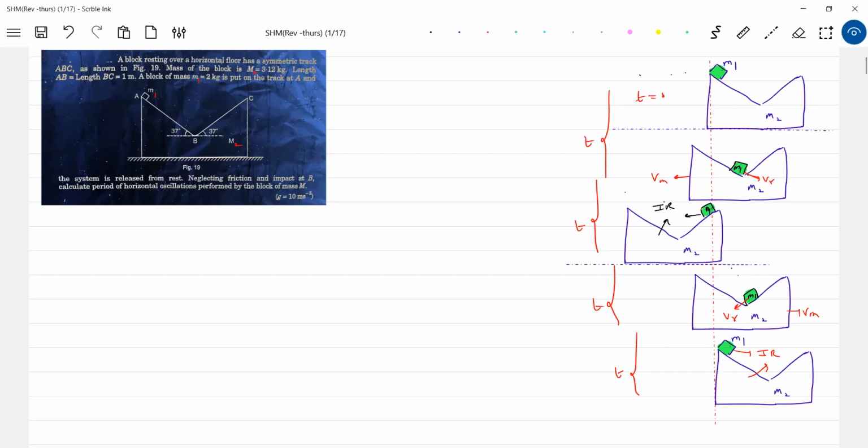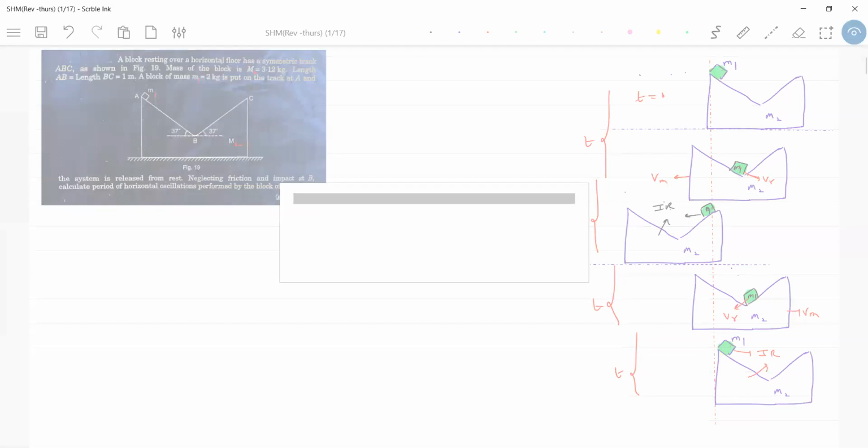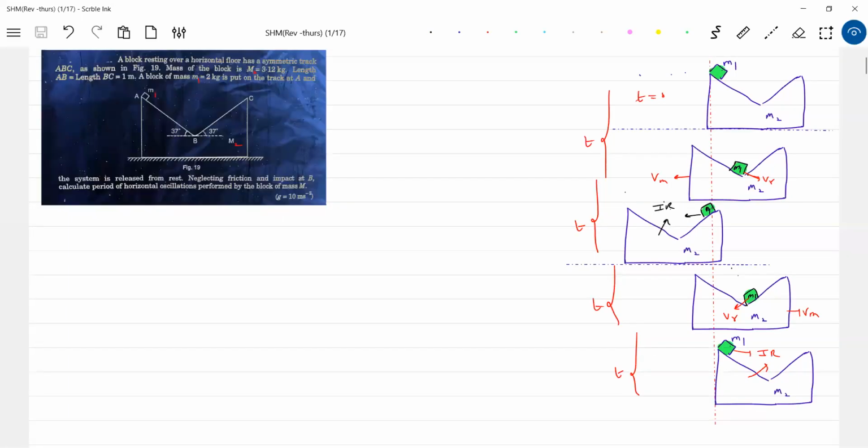So somehow, if you can repeat the problem for this, the same thing will get repeated for the other part. Any objections you have, you can object. Let me clarify. Why VM towards left? See, normal contact will act towards left, no? Because of normal contact, it will accelerate. Due to acceleration,